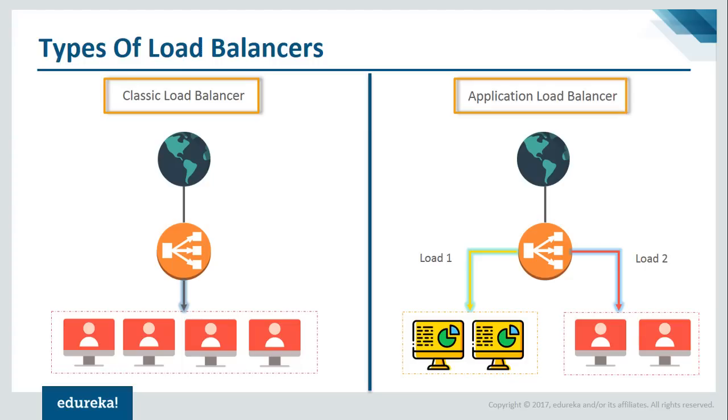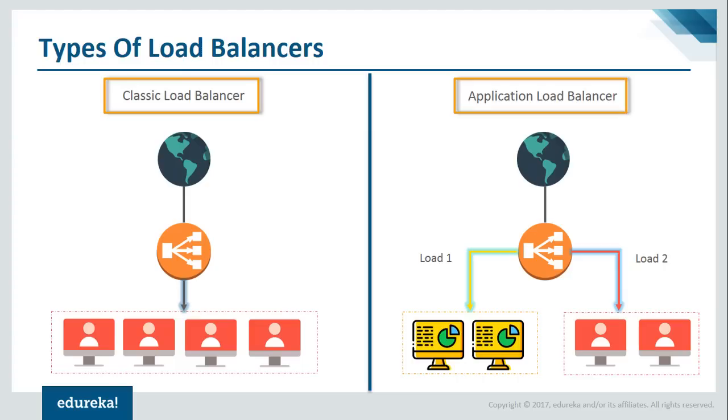So the way to do that is using an application load balancer. So let me just repeat what I just said. Say this set of servers, they host your image processing part. They do all your image processing, and these set of servers, they host your blogs that you have on your application. All right. A user comes in, he just logs on to your website, and he goes to a URL which says, say,